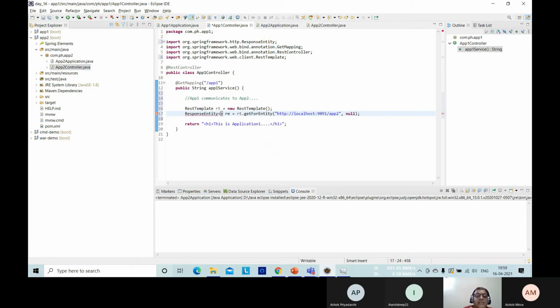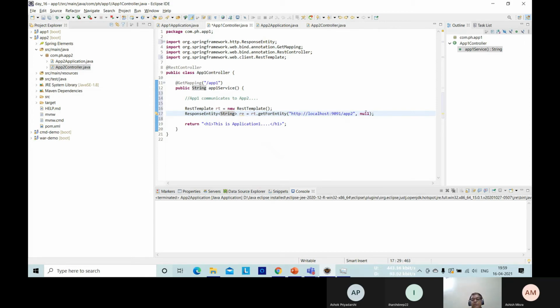And remember, here you have to specify the type of data which is being returned from this URL. This is the target service URL. I am assuming that the data returned by the getForEntity method of that target URL is in the form of a string.